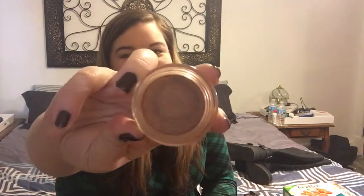Because of the stippling brush, I think it makes the inside of my pot look a little bit weird, but it's fine. And I love how quick and easy this foundation goes on. I started wearing it when I was working at the daycare, and it just seriously cut my makeup time in half, because instead of having to sit there and apply with my beauty blender and make sure everything